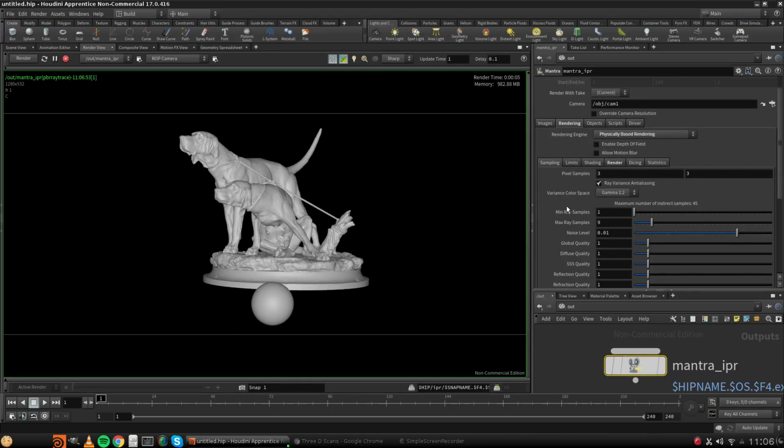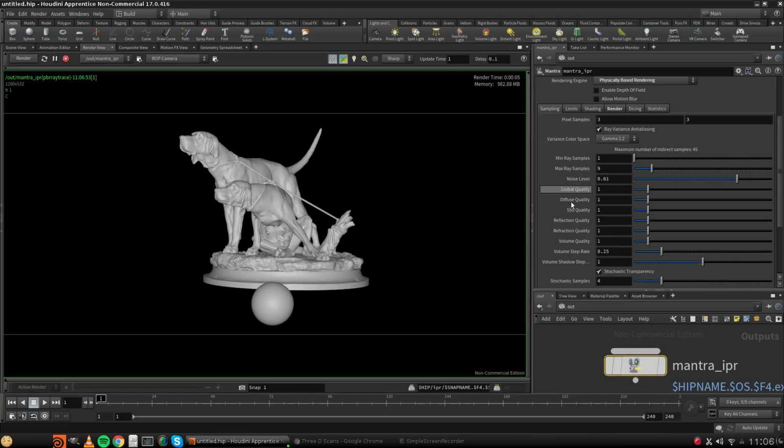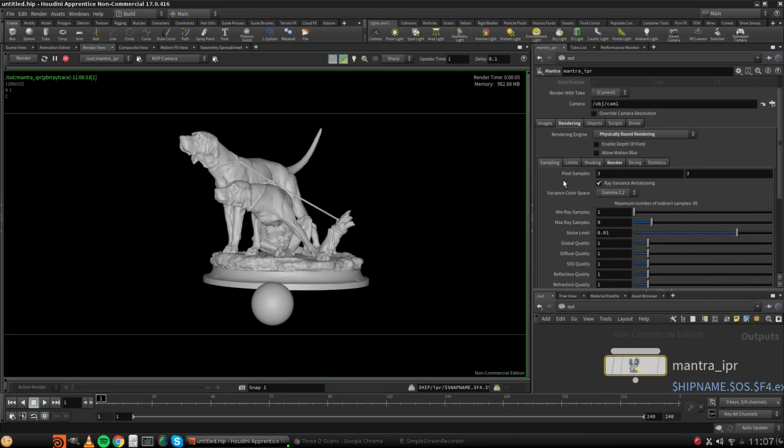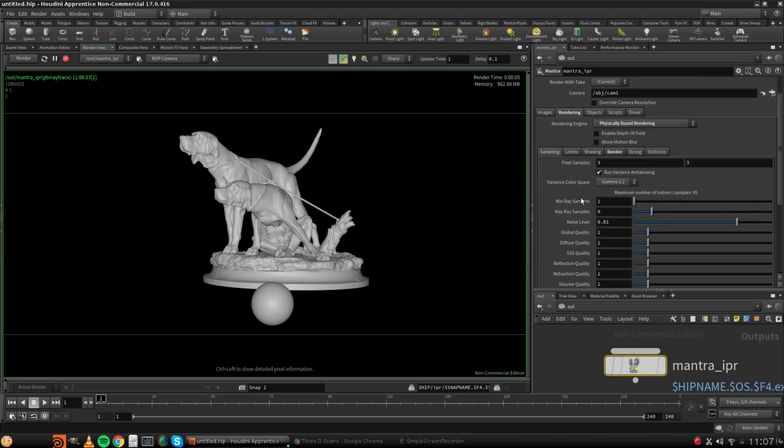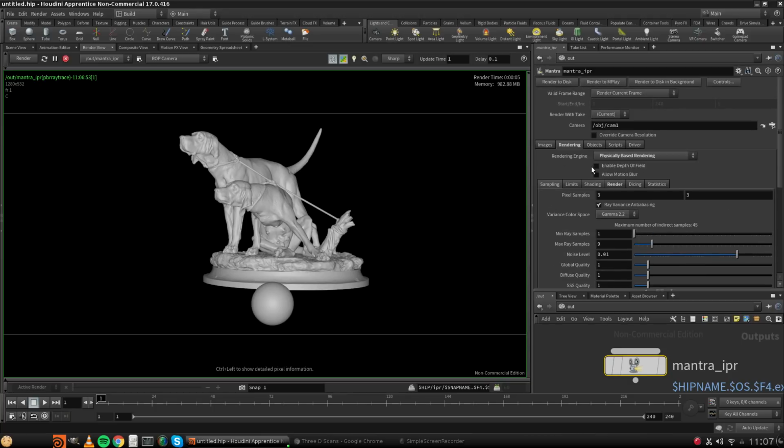And then you're also getting those handles here, which we will talk about a little bit later. It does look kind of like Arnold, diffuse quality, global quality, and so on, but we will talk about this later. Also pixel samples will be important for us later on. So what we need to do is enable depth of field right here. So let's tick this on, and we should get somehow a little bit of a depth of field, really depending on,